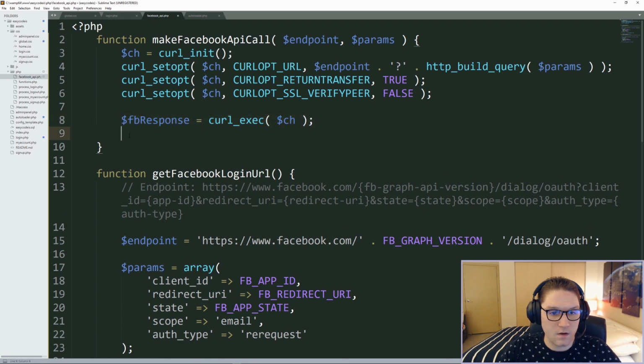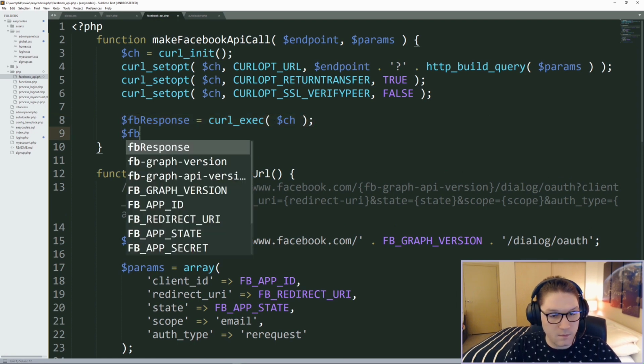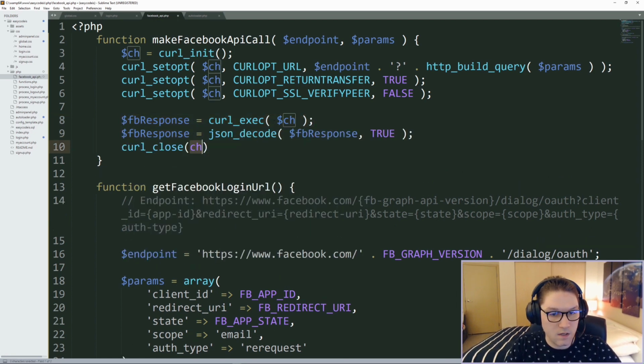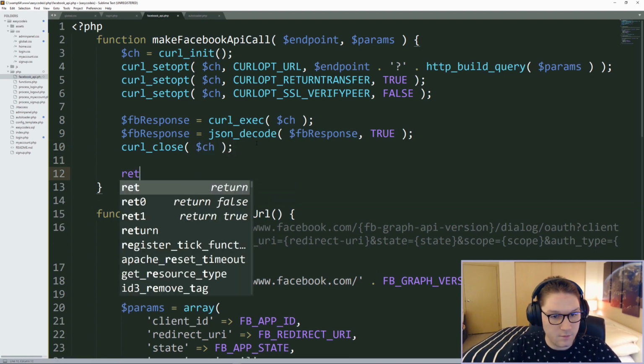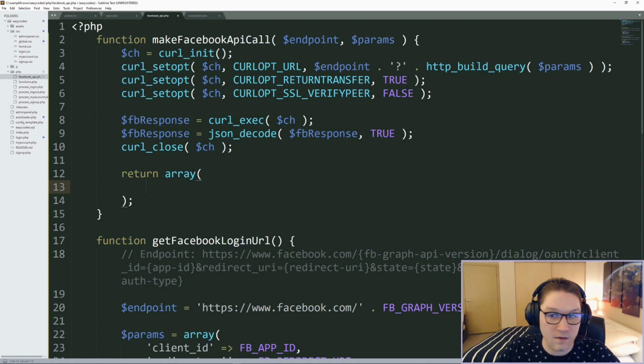This executes the call and gets our response back. With our response, we want to JSON decode it. And last but not least, close the curl call. Now that we have all of our data in our FB response, we're going to pass back in this array the endpoint, the parameters, if there were any errors in the response, and of course the actual